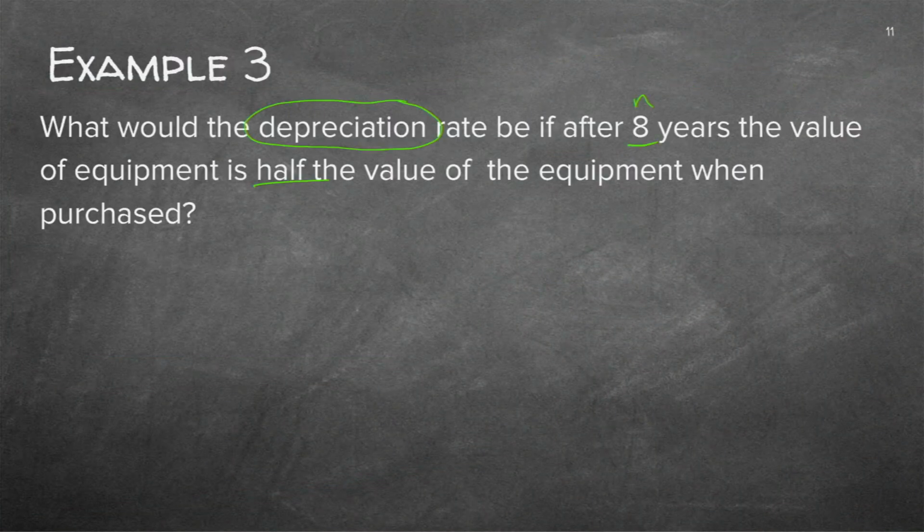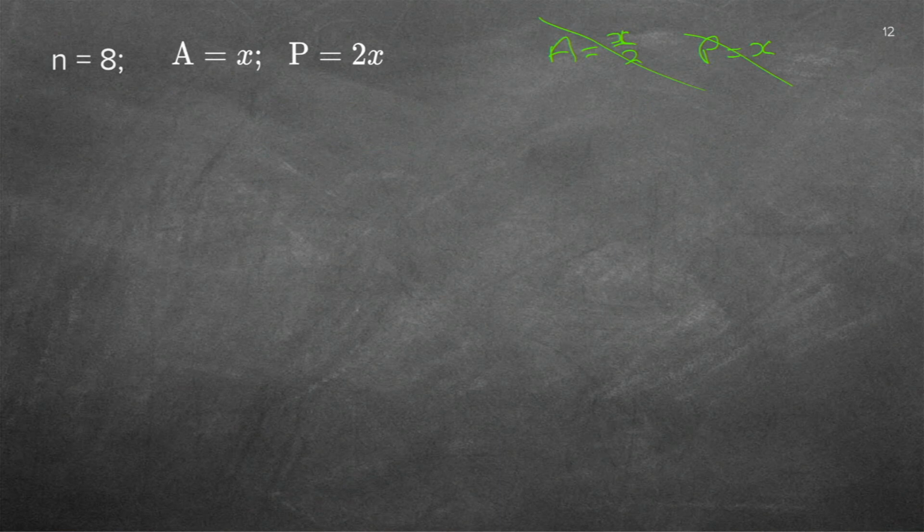So what was it, this type of problem? Depreciation. Immediately, you see how easy you forget? You should have written this down immediately. 1 minus IN, because I know it's simple interest and I know it is depreciation. So I'm going to fill in what I have. I have my A X, I have my P 2X, I have my N. We didn't write here, the I is the unknown. Remember to always write that down. N is 8. Good.